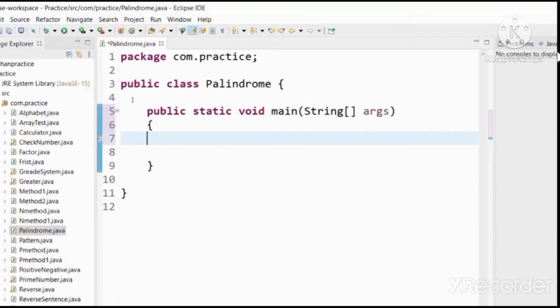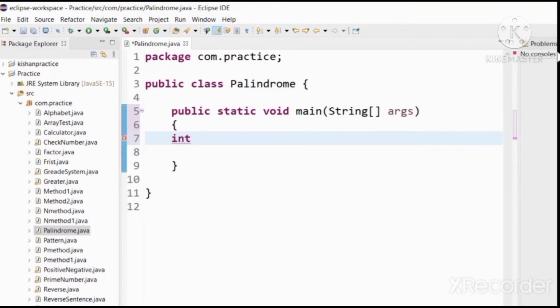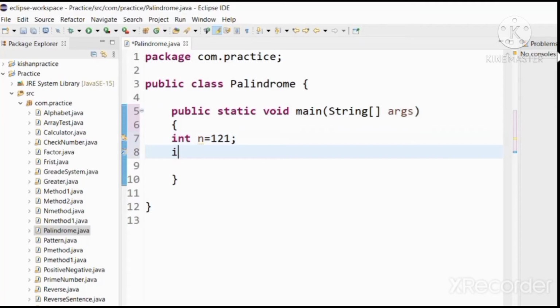And here we are taking int n is equal to any number like 121, and int k is equal to n.